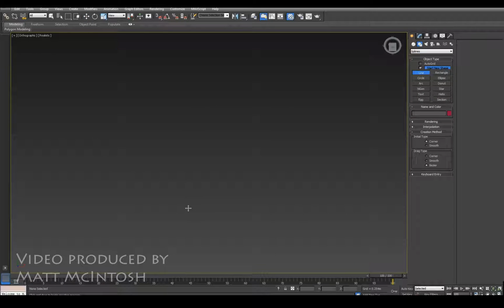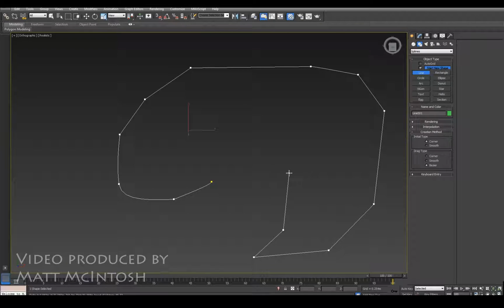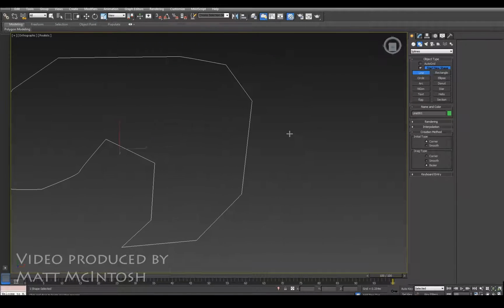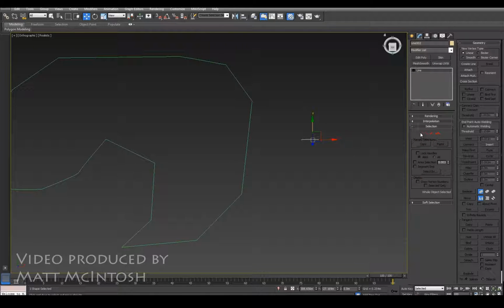So first off, I'm going to start by just making a very basic shape that we can work with in Unreal. So what I'm going to do is just close that loop. I'm going to make a little piece of road that can go around this track, and I just need to tidy that up. So what I'll do is go into my edit spline feature,